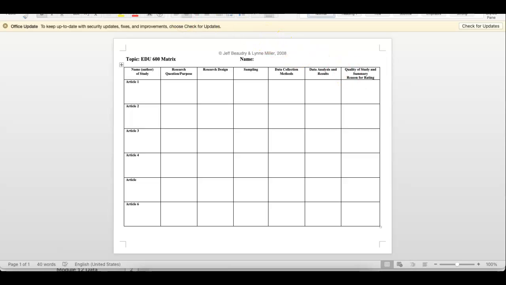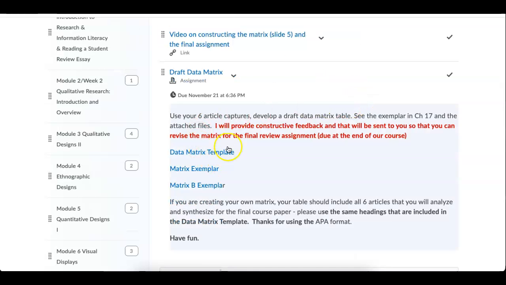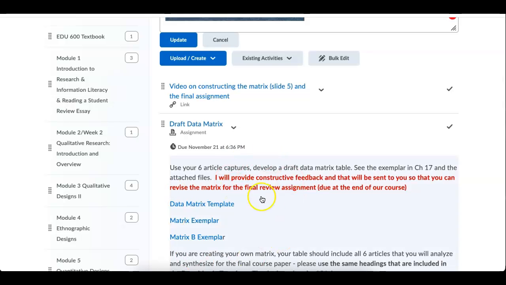Let me stop this for a second. Okay, now we're back. Constructing the matrix, the video. We have exemplars in here. This is where you submit your assignment. I'm going to just go to the video and show everybody